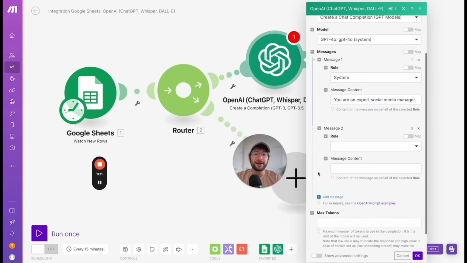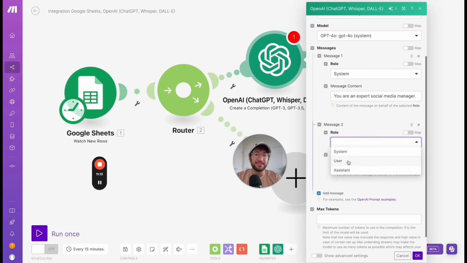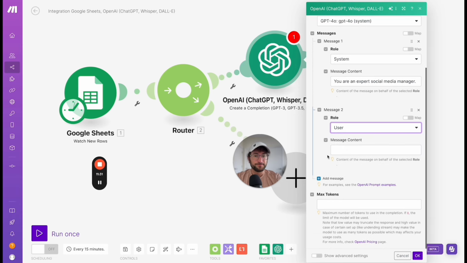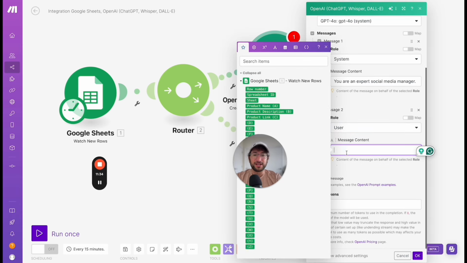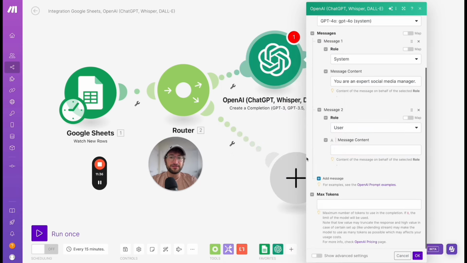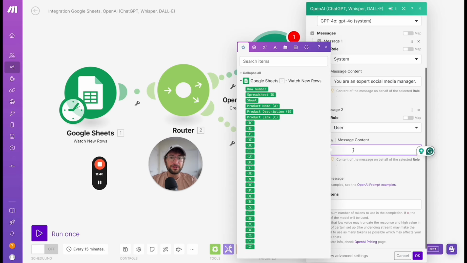Okay, and then next we're going to add a user message. So user messages are messages that are coming from us. Assistant messages are messages that are coming from the AI. So in theory, you could send kind of a whole conversation back with user and assistant, but we're just going to do the user message here. And the message content is going to take information from our Google Sheet. So what we're going to do is say,